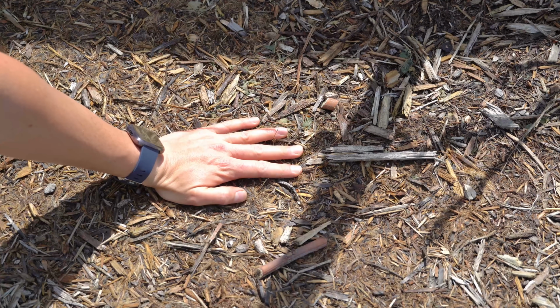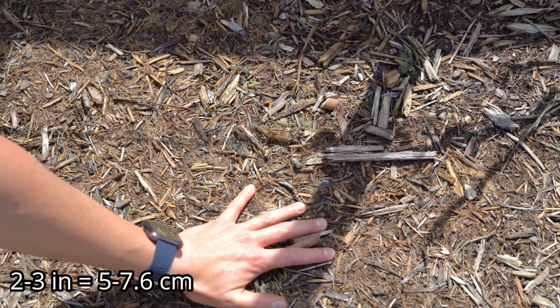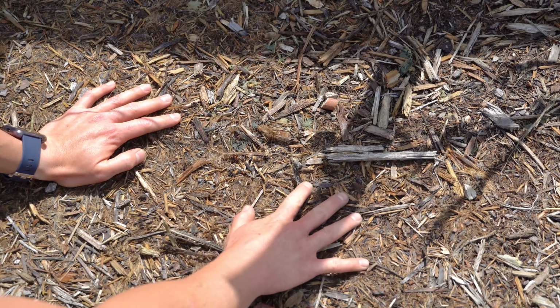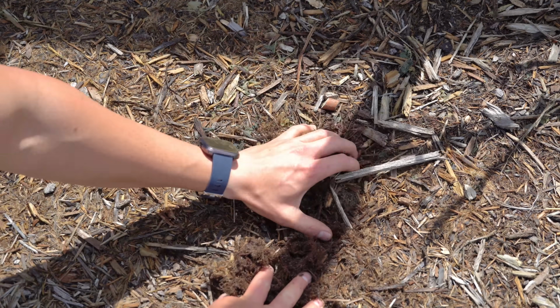And I want to show you what I'm talking about right here. I top dressed all of my figs with about 2 to 3 inches of compost and then another 2 to 3 inches of this hardwood mulch. And I'm right in between 2 fig trees. And if I simply dig down right about here,